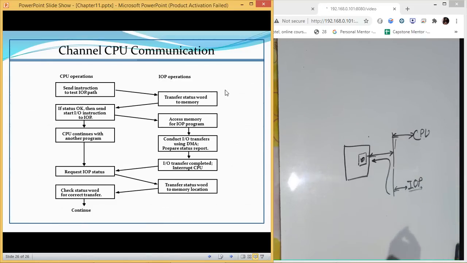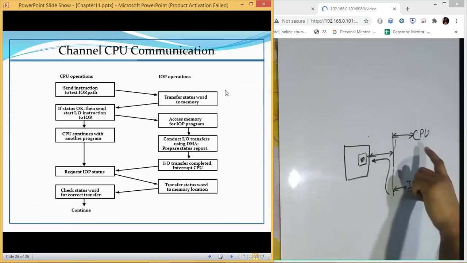So this is how your CPU and input output processor interact with each other. Please do read these topics from your book as well, so we get a broader picture of how current systems work, how they interact with each other, and what other types of processors we have. Like we talked about the IOP, the input output processor.